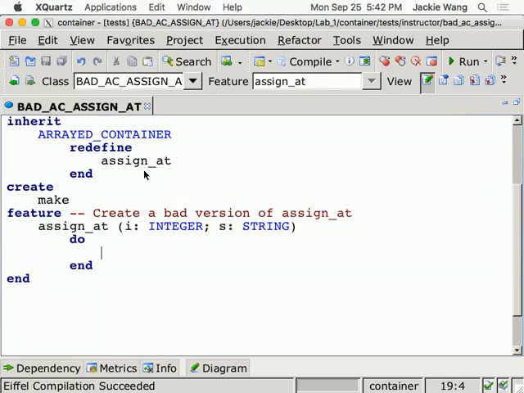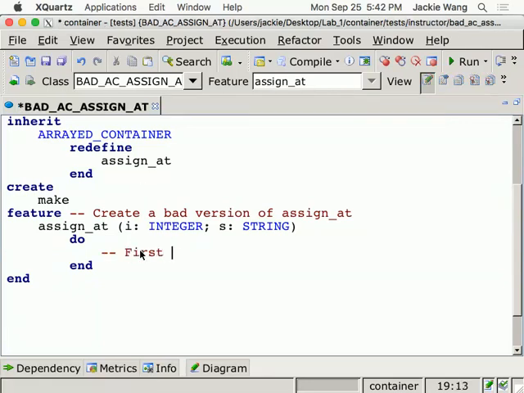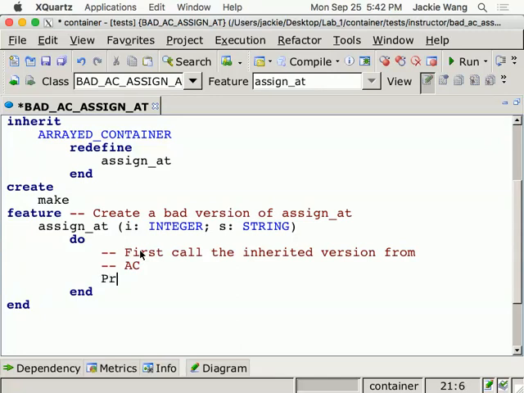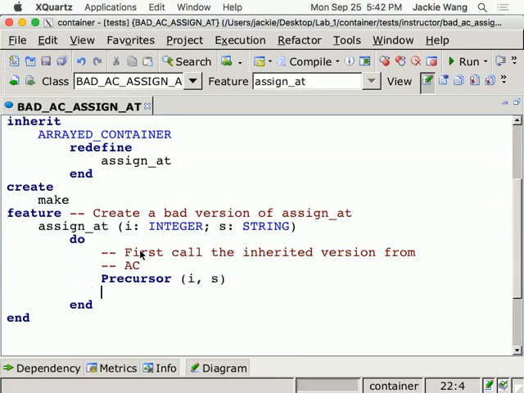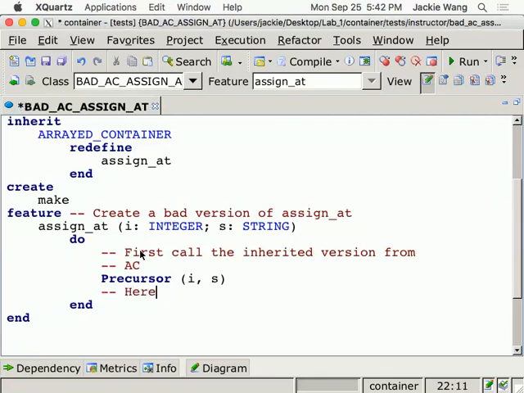Okay, so now I can say first call, I'll make a comment here, first call the inherited version from array container. You can say precursor. In Java, you would have just said super and then with that argument. Here you say precursor, I and S. If I only stop here, everything is just the same as before. But now I'm going to add something that's not correct. So here comes the wrong implementation,